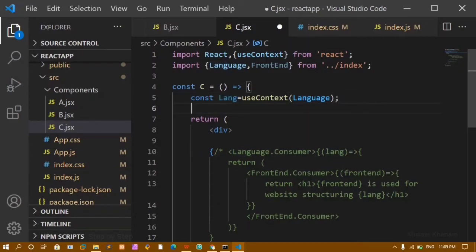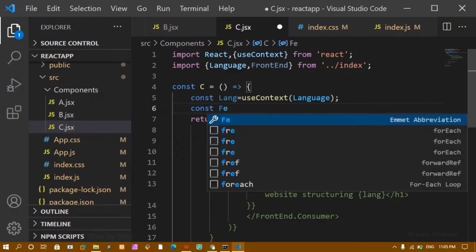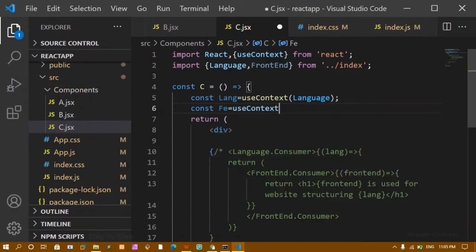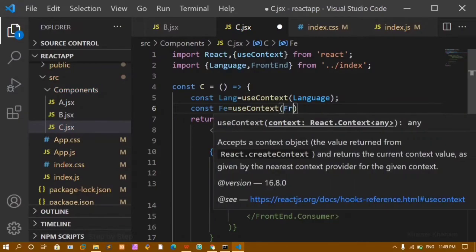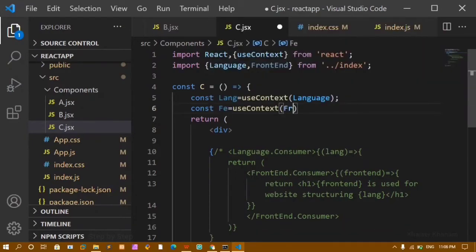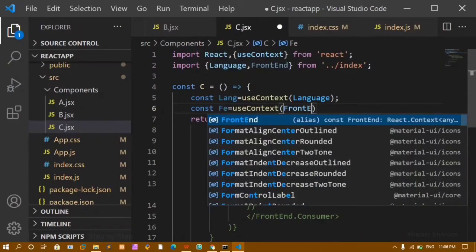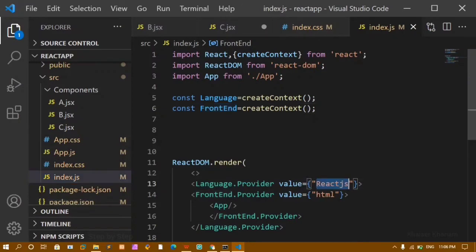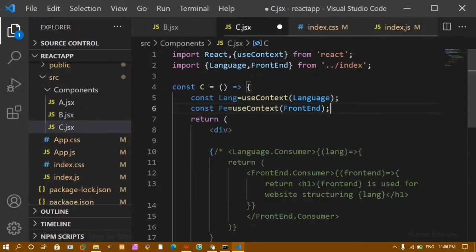Now for front end, I'm just going to create one. I'll write here FE front end, and I'm going to write use context, and inside this I'm going to pass this front end. Now these values whatever I got from parent, this React.js and HTML that I have accessed, I have stored inside these variables.